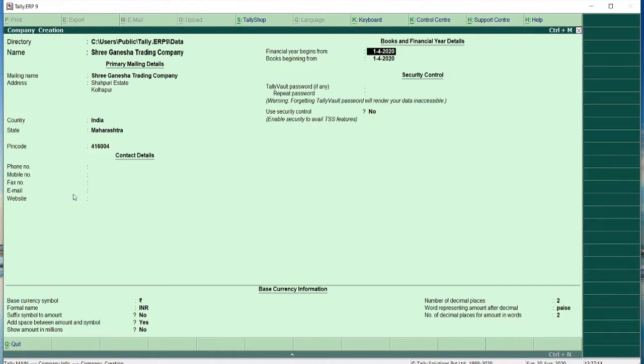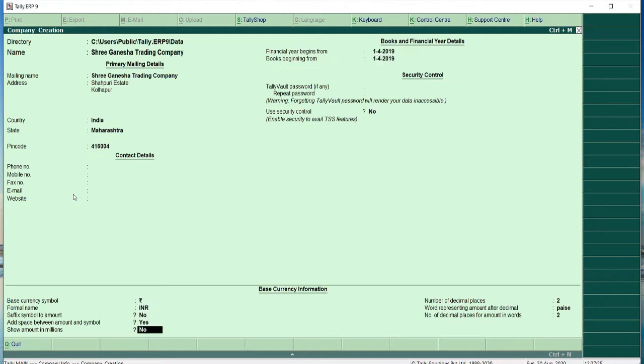Here I am going to change the financial year because the transactions are given in the problem from 1st April 2019. So I am going to change this period from 1st April 2019, and books beginning from will automatically appear as 1st April 2019.